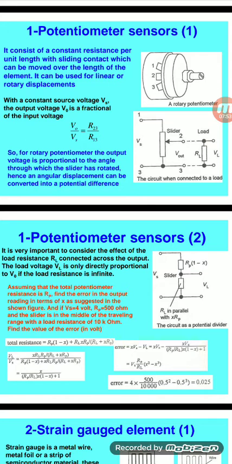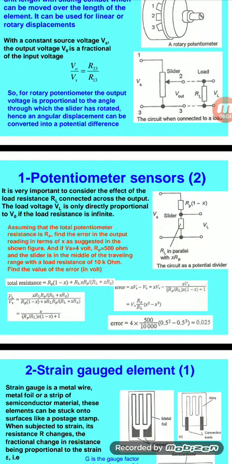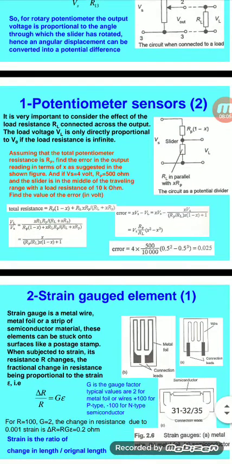So V0 by Vs equals R23 by R13. That means resistance values. V output, V0 by Vs, that is input and output of the sensor. So for these potentiometer sensors, we have to calculate these types of calculations. Next,